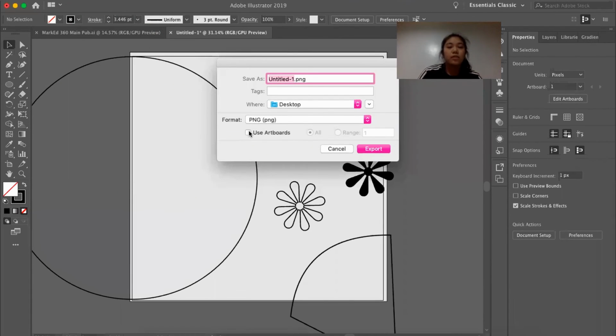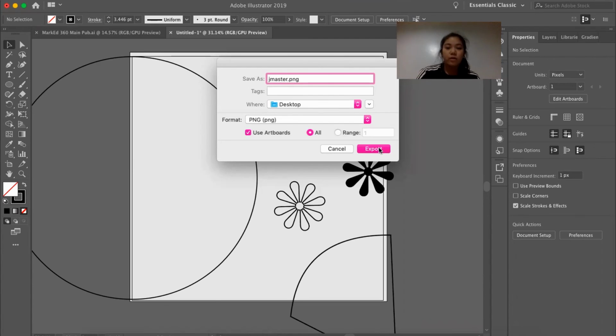And then this is the very crucial part. You have to click Use Artboard so that it gets chopped off at the edges of the artboard. Because if I didn't click Use Artboards, it would have included the edge of the circle, the edge of the flower, and the edge of that weird shape I drew, and that would have been weird. So let's just save this as Chainmaster